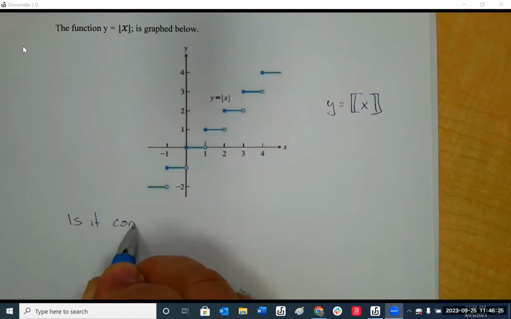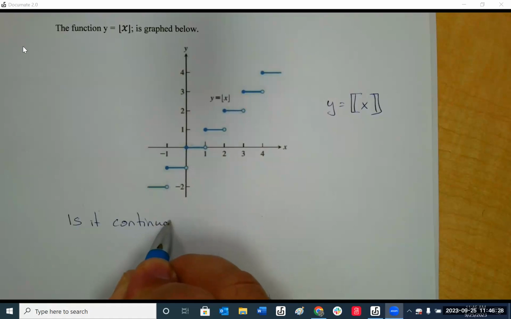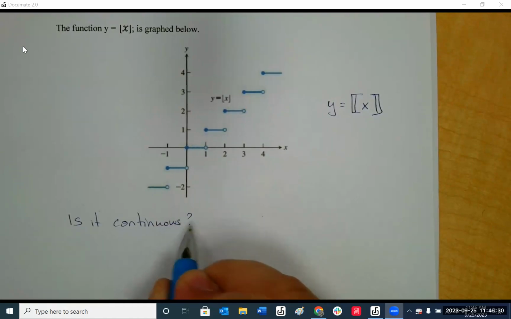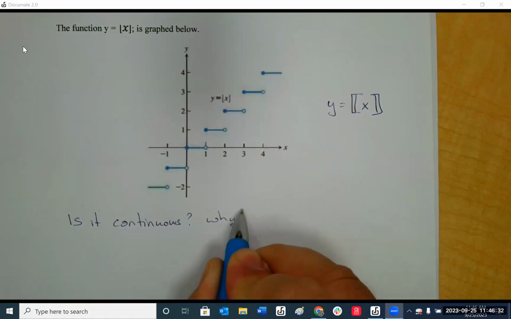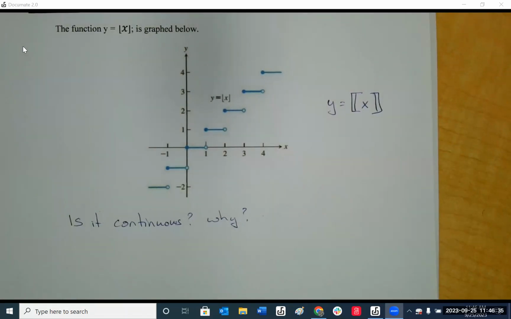Is it continuous? And why? That's the important part. It's always the why that's important. If we don't answer the why, then we'll very quickly just be guessing. Because the whole pencil thing, if you lift up your pencil, it's not continuous. But why isn't it? Remember,